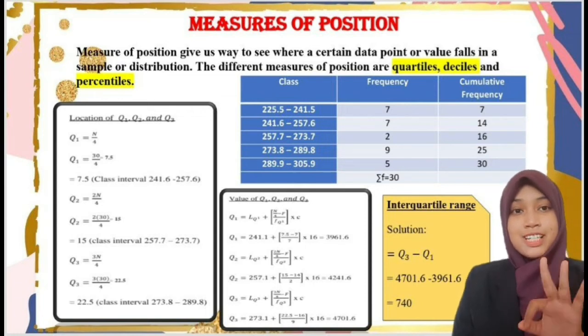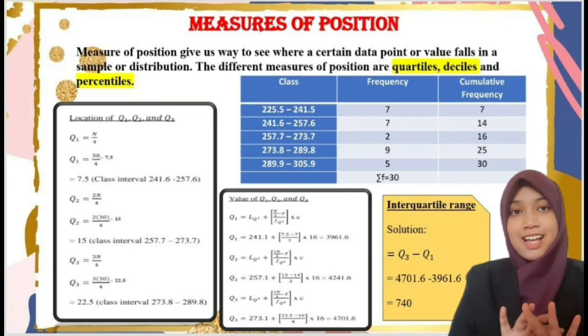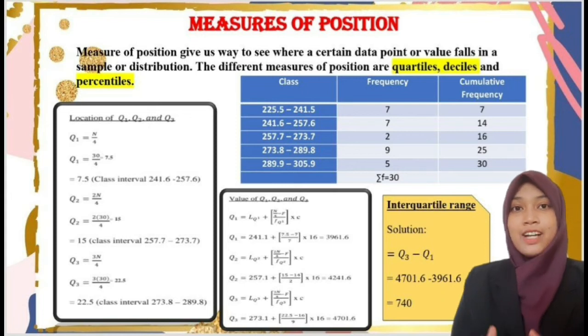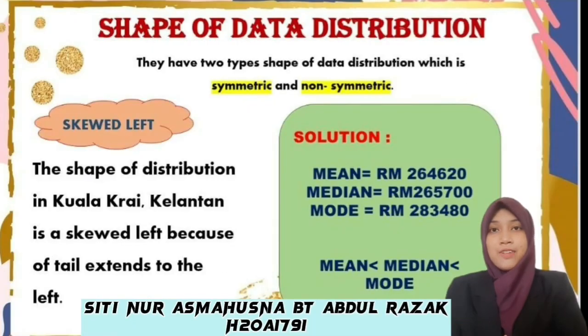So they have three measures of position, which is quartile, decile, and percentile. For the quartile, we can see at the slide, which is get the class, frequency, and cumulative frequency. So the location is based on the location, value, and interquartile range. So based on the data given, the shape of distribution of bungalow in Kuala Krai, Kelantan is skewed left because extend to the left. The solution is the mean is